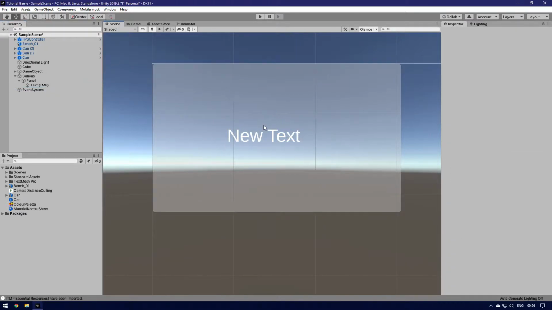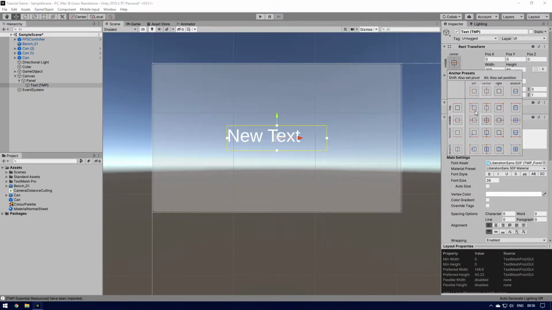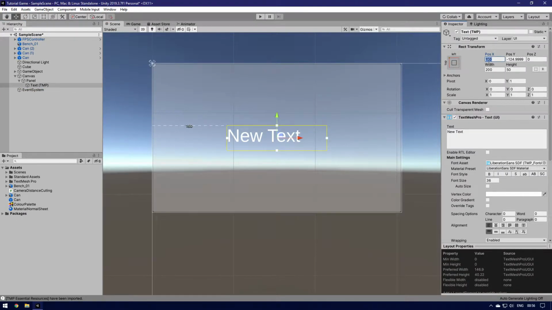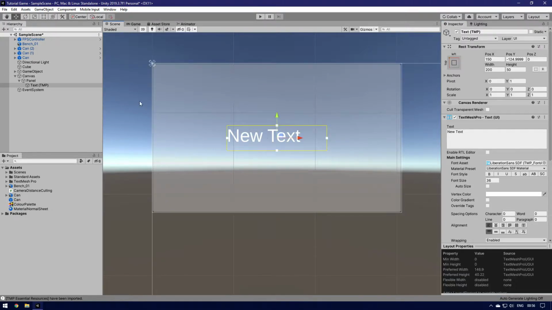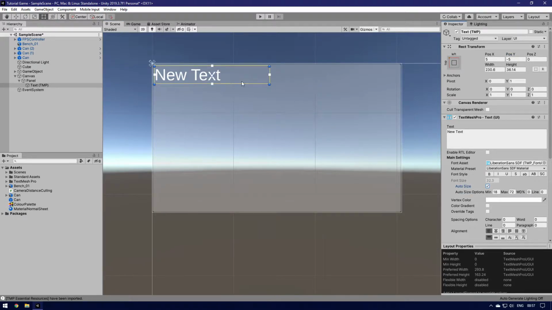Now I'm just gonna anchor this to the top left, and then I'm gonna just move it myself. If it lets me move it myself. There we go. And I'm gonna say it's gonna be 5 from here and minus 5 from here, so it's away from the top. Auto size, and that should be fine. I'm just gonna call this small object